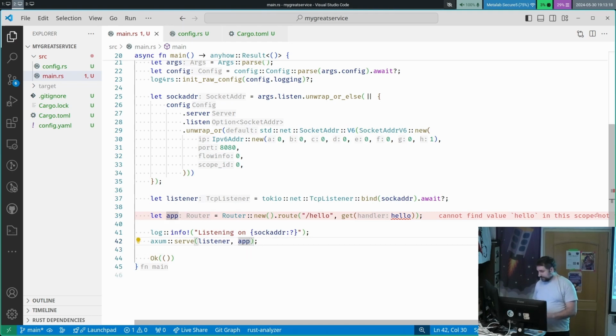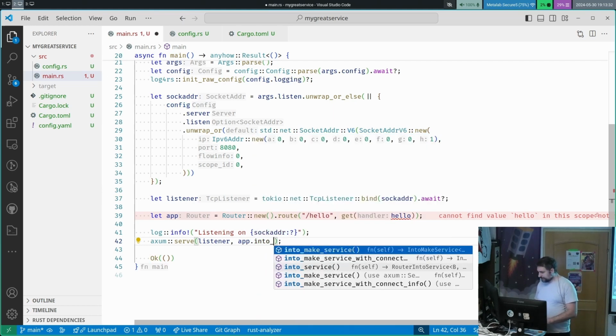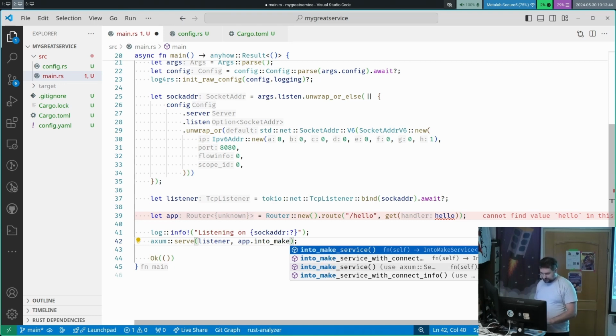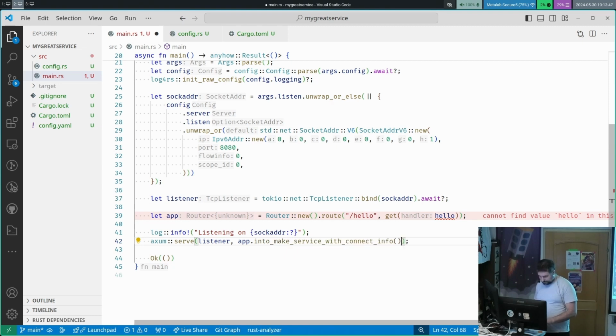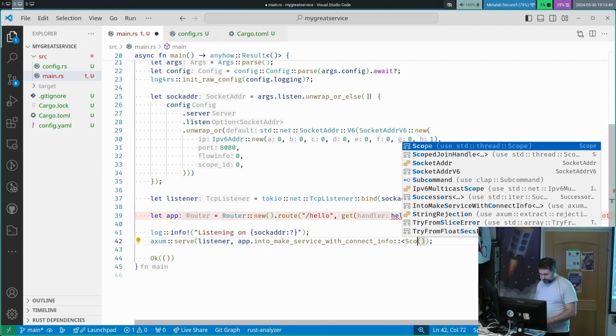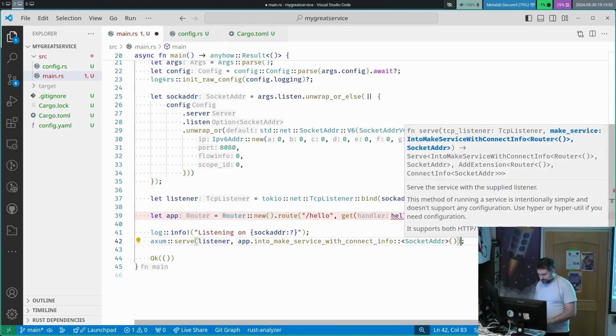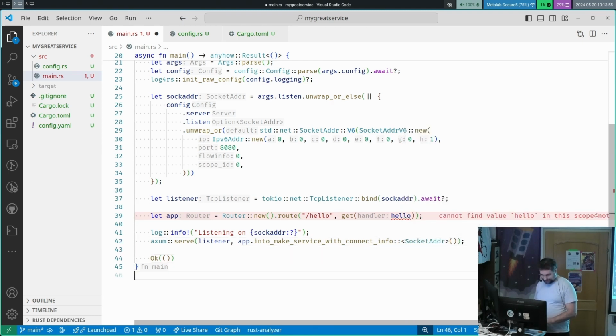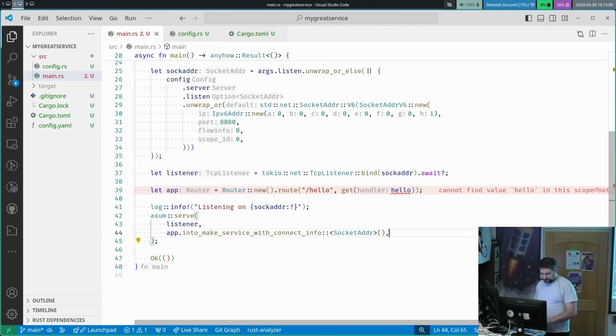So yeah, for testing, I want this hello route to log out the IP address of the thing that's connecting, that's requesting hello. So that's why I'm supplying the socket address of the client into the service, into the route, which works like this, connect info. Works like this in Axum. It's a bit weird, but yeah, it works. Good. Okay. So it looks like this. So I need to add the socket address here,